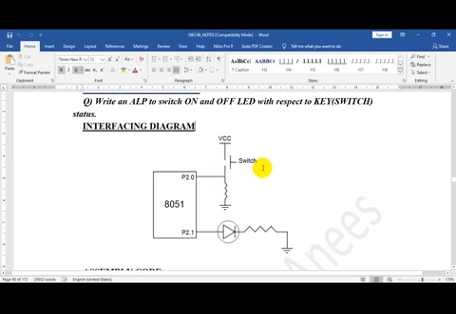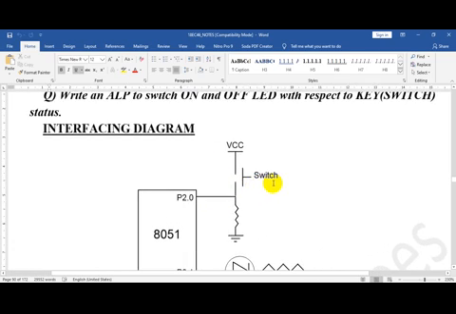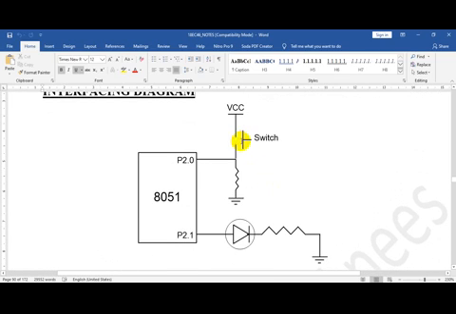How does this work? By default this switch will be in off condition. When it is in off condition, this is open. Then P2.0 is connected to ground.